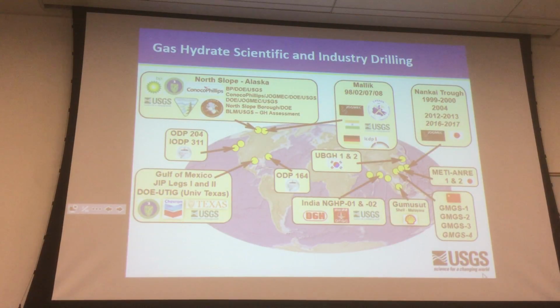What is our toolbox? Where does our understanding of gas hydrates come from? This is a map of all the significant deep drilling projects where I've drilled and studied gas hydrates. We start off with the Ocean Drilling Program, ODP, and the Integrated Ocean Drilling Program back in 1995 through 2006,